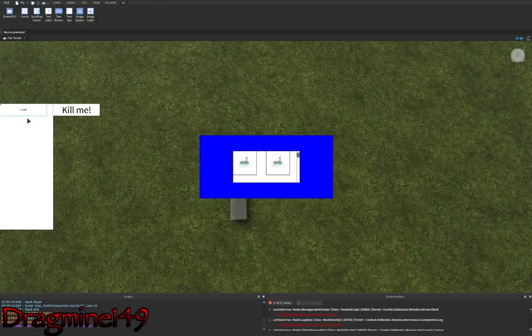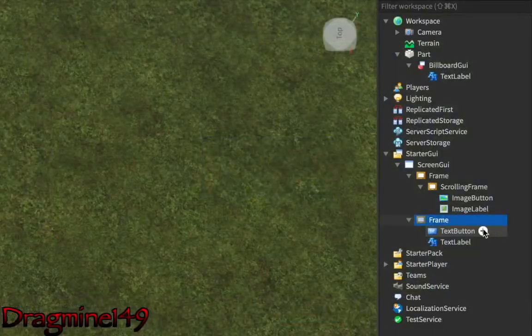With a text label, if you double click in it, you can actually type in it. So let's say we type in 'die here'. Now, it won't be sized or anything, you've still got to do that manually, but you can type in any text thing.